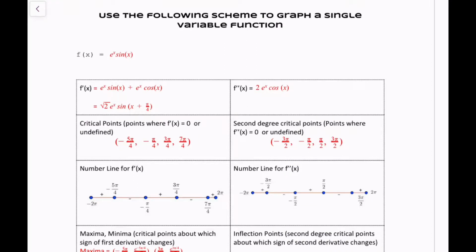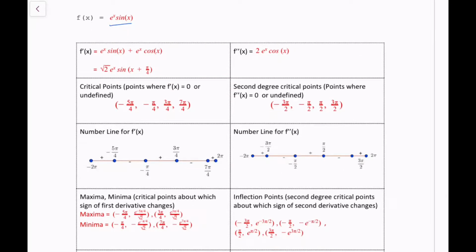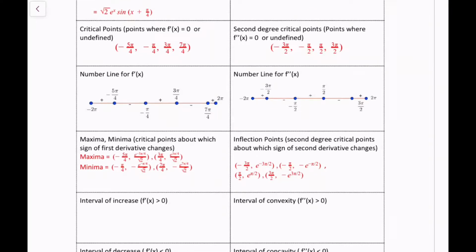Hello friends. We have come a long way. In the first three videos we have worked with this function e to the x times sine x, and we have investigated its first derivative, its second derivative, the critical points, the second degree critical points. Then we plotted all this information in the number line, and finally we computed the maxima and minima. We definitely had these small signs here,